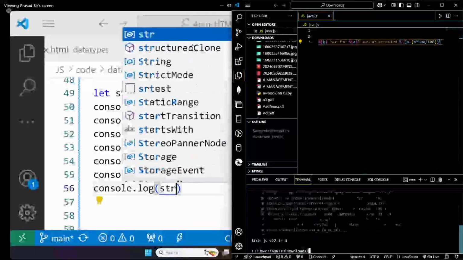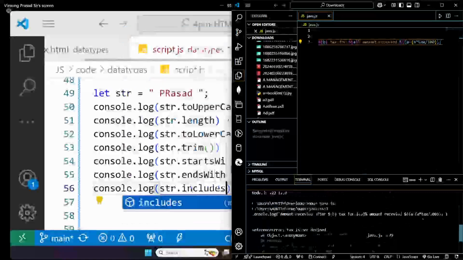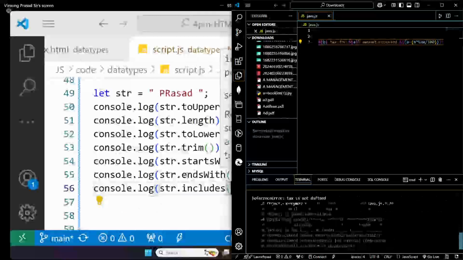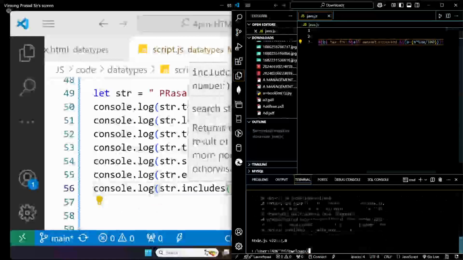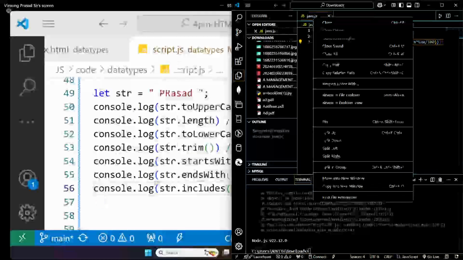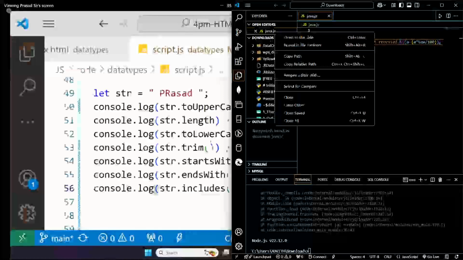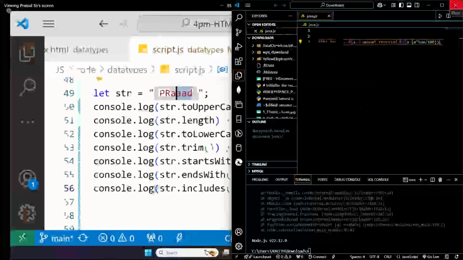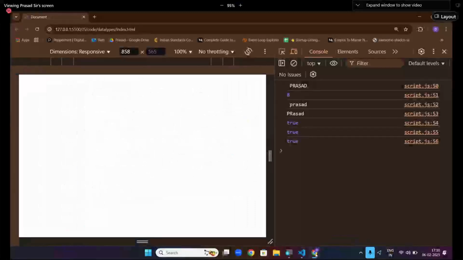Console.log, str dot includes. You can search something, like something K. Is it having K? False. Okay, see, my string is not having K. False. My string, is it having AS? AS. No. So it will